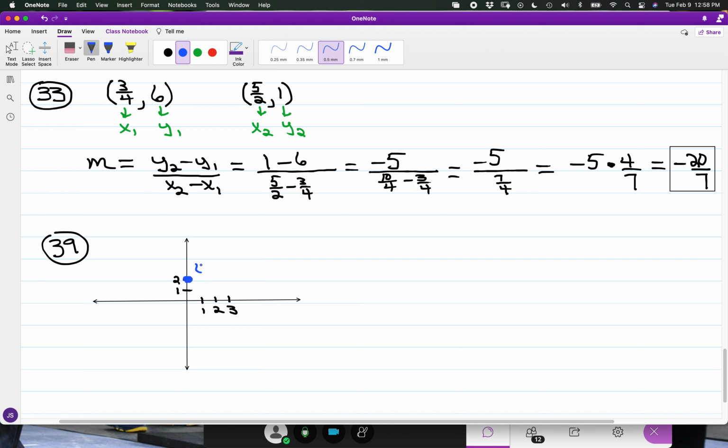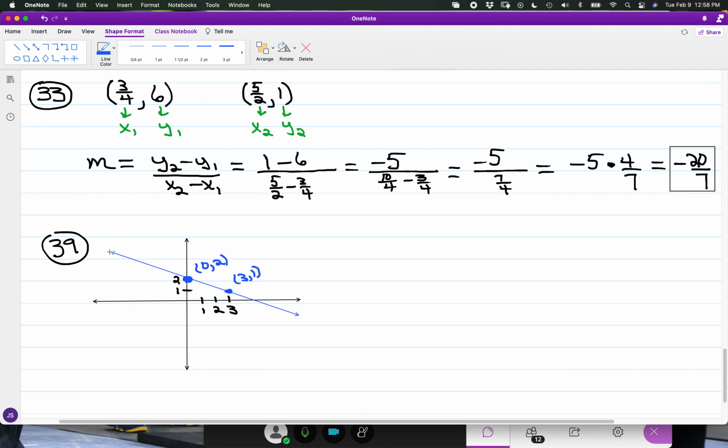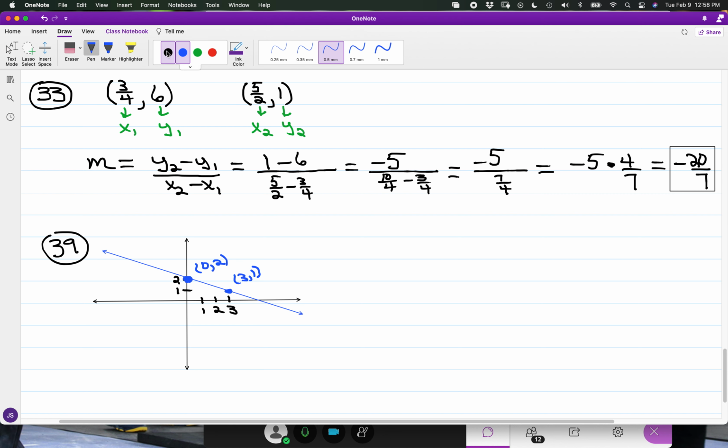Okay, so we have (0, 2) and (3, 1). And if I apply, okay, so you have a line going through these points. Okay, and a way you could look at this, okay, so we can say that